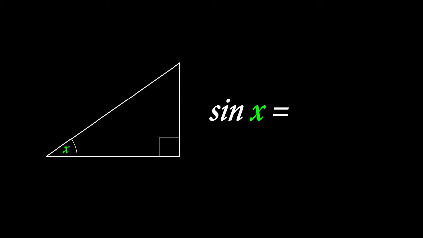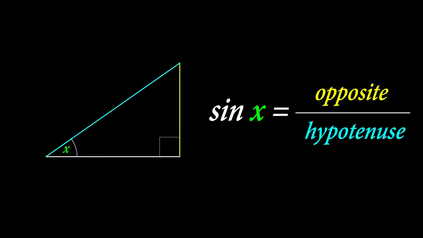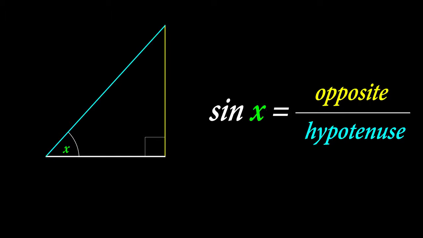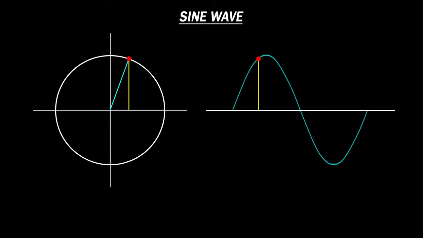Sine is a trigonometric function which is the ratio of the length of the opposite of a right angle triangle to the length of the hypotenuse. When the angle of the right angle triangle changes, the value of sine changes. If we keep the hypotenuse the same size and go through all the angles through 360 degrees, it forms a perfect circle. If we plot a graph of the value of sine over all these angles, we will get a